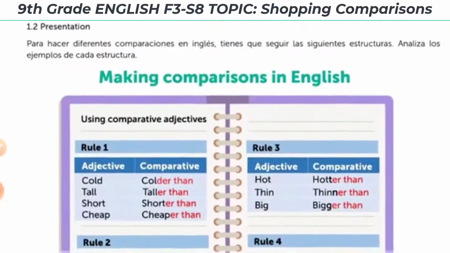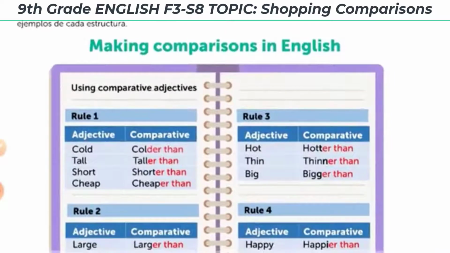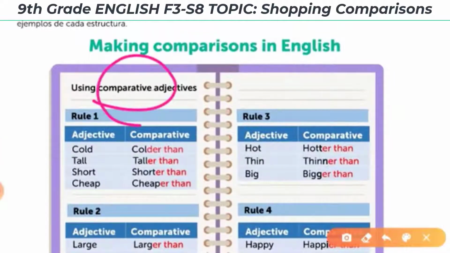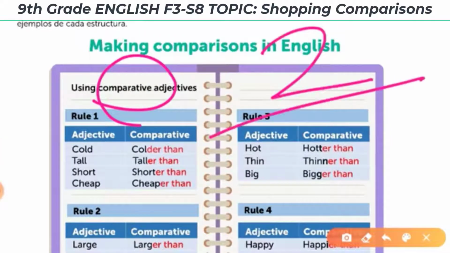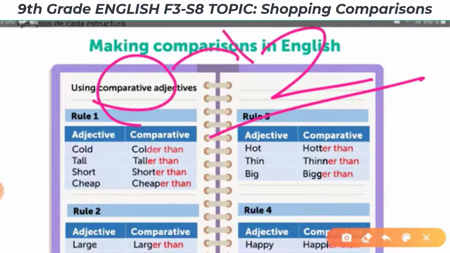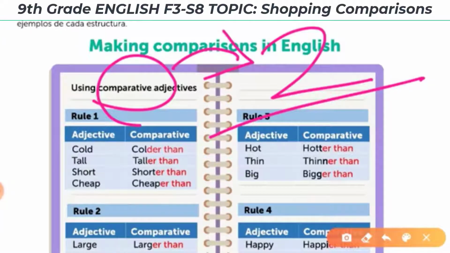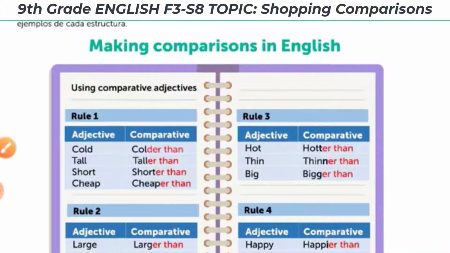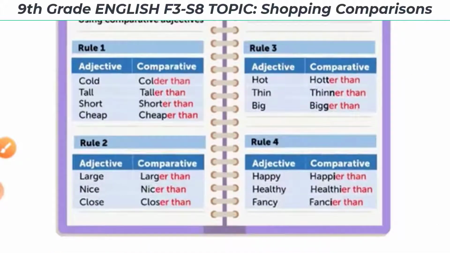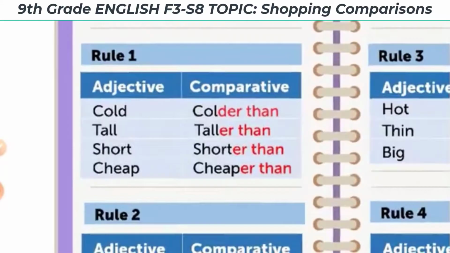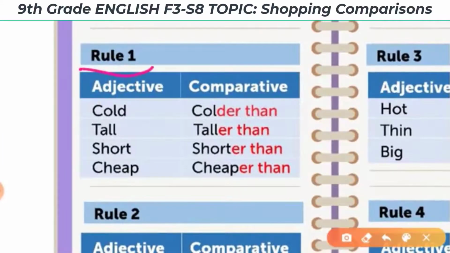Okay, so now let's try to learn first the comparatives, el comparativo. Remember, we're talking about just comparing two objects, two animals, two people, okay? Comparative es solamente con two, ya sea con two objects, con two animals, or con two people, con dos personas, for example, okay? Now, aquí están las rules, las reglas. And la rule number 1